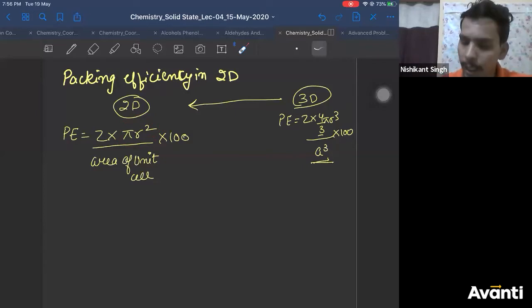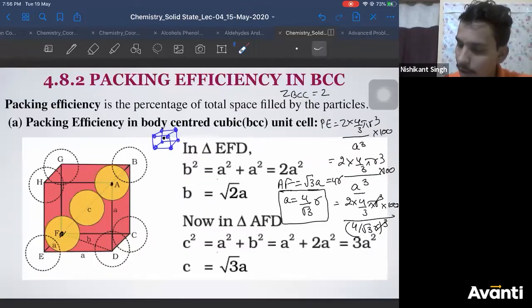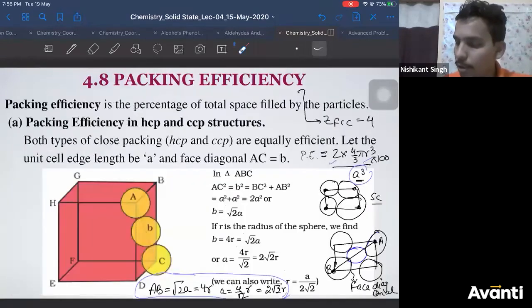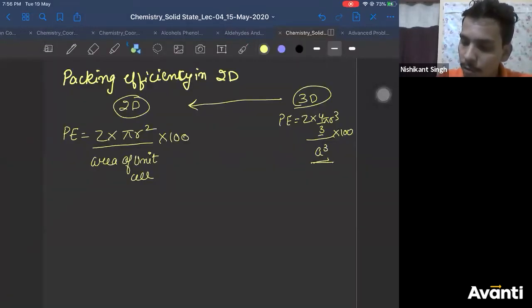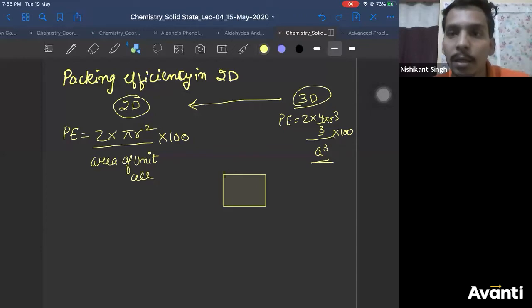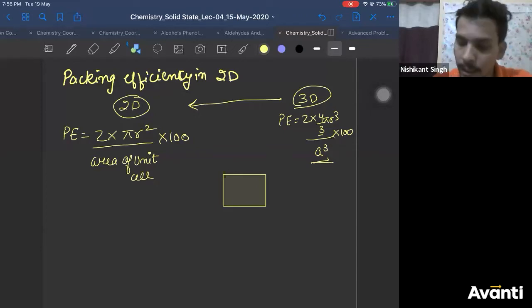Let us take the example. What I'm going to take the example here is this thing, right? I have drawn something here. All of you can see this. I have drawn the top face of FCC. So I'll take that only as example, top face of FCC. So let us take the top face of FCC. This is my top face.